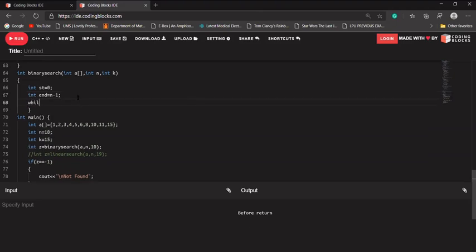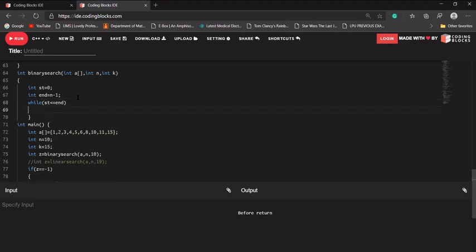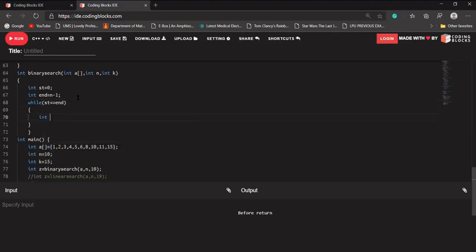So we'll run a while loop until start is less than or equal to end. Each time we calculate a mid value. Mid will be start plus end, divided by 2.